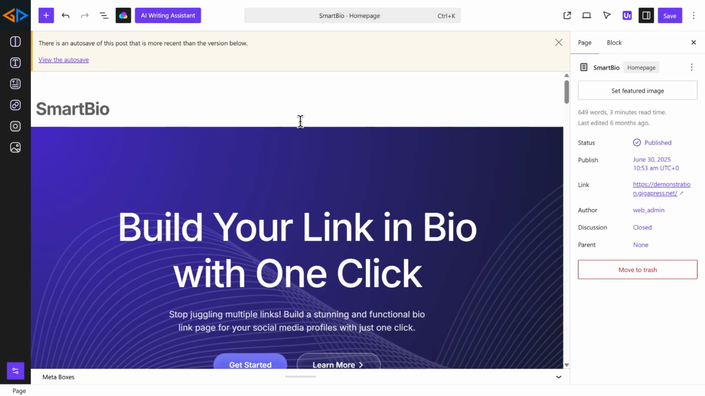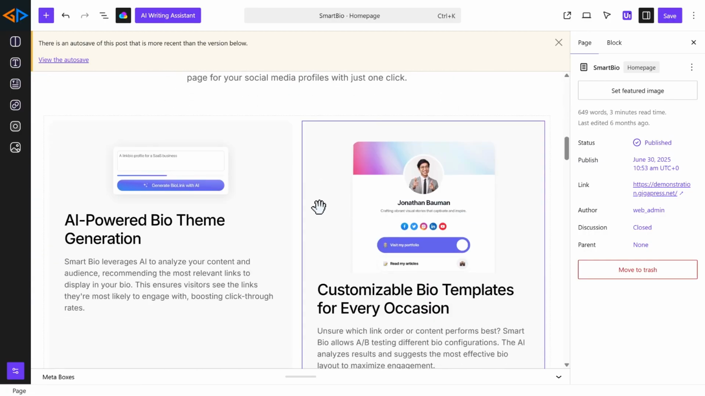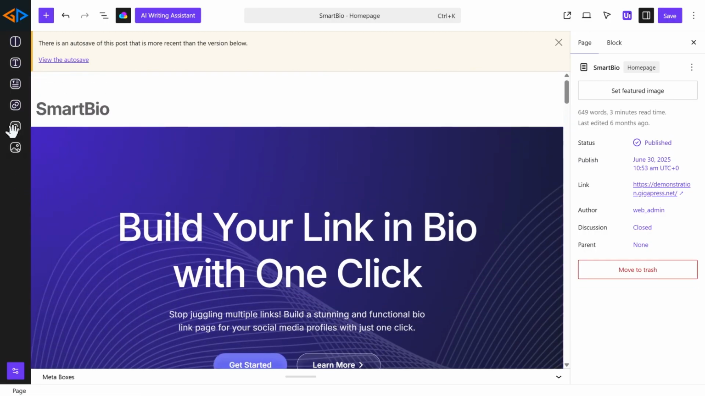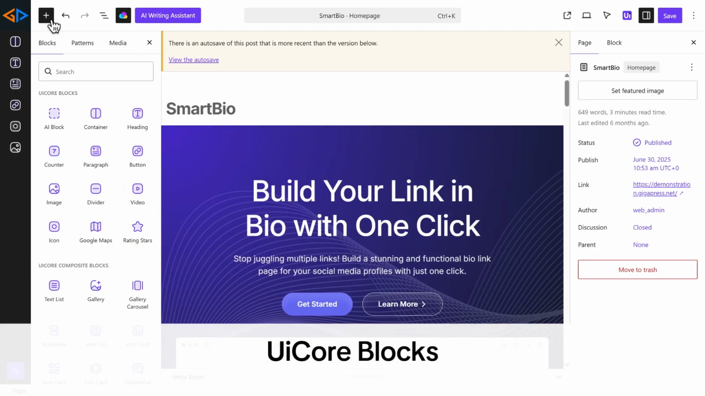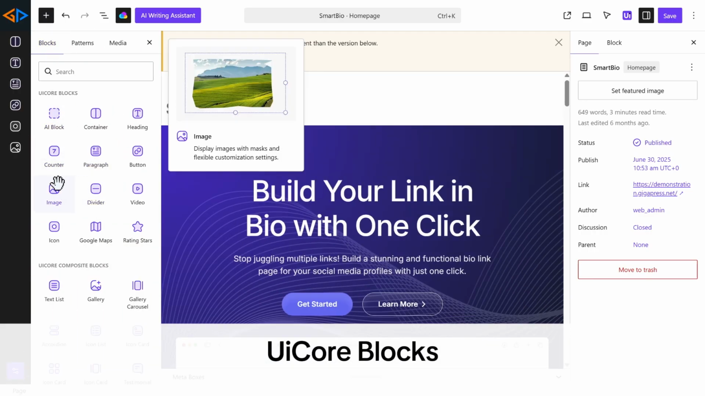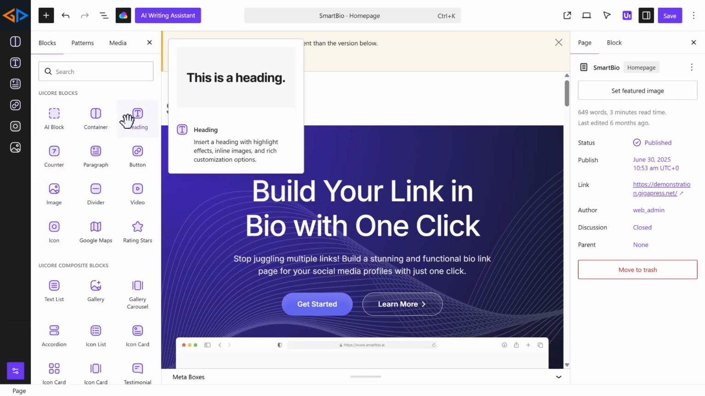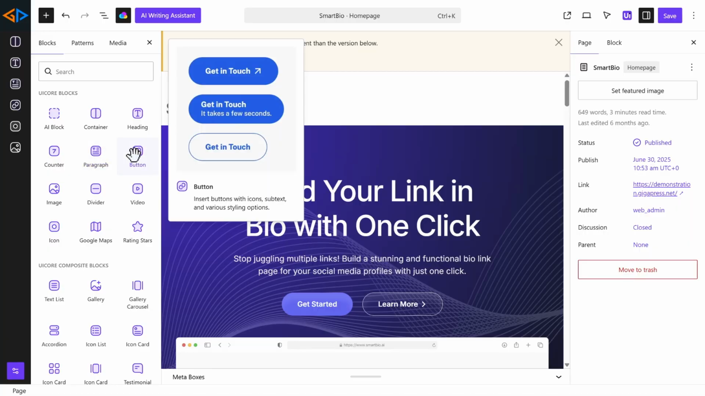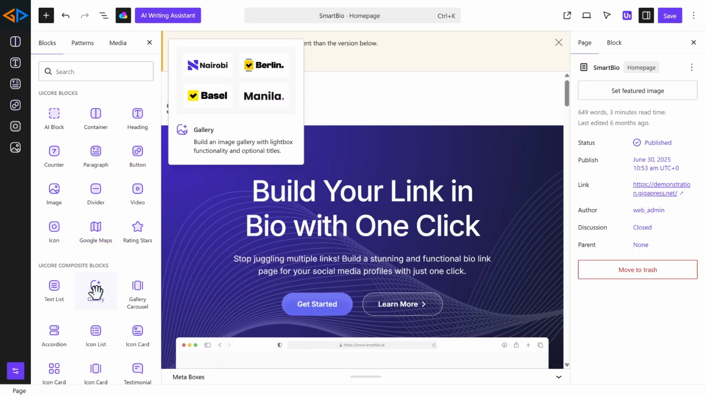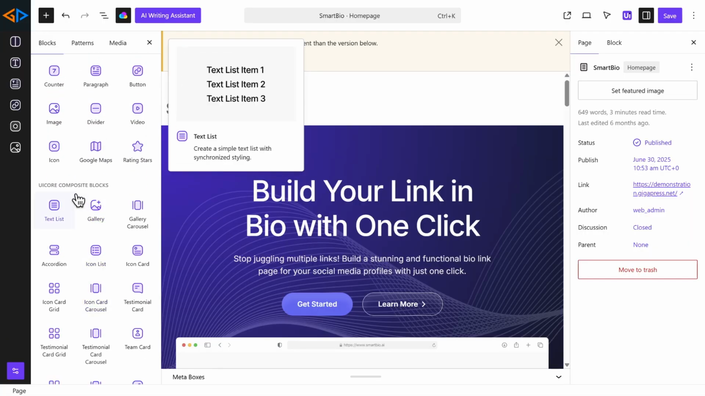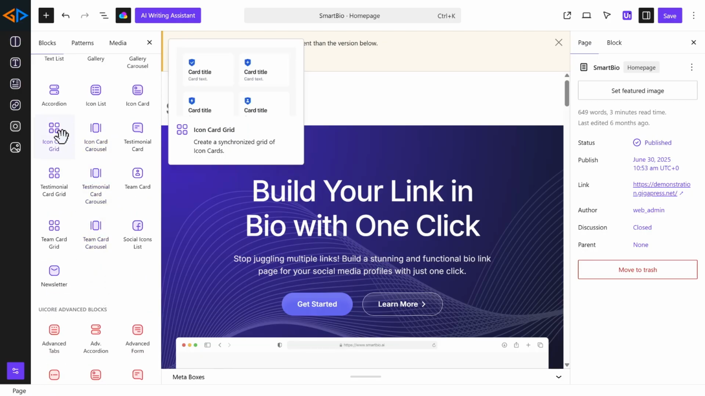You're now inside the WordPress site editor, where you can customize every part of your website. If you click this plus icon, you will see the UiCore blocks added and divided into 4 main categories. Default blocks cover basic content elements like container, heading, paragraph, button, and more. Composite blocks are pre-built combinations of elements, such as feature boxes or icon lists, to help you create more complex